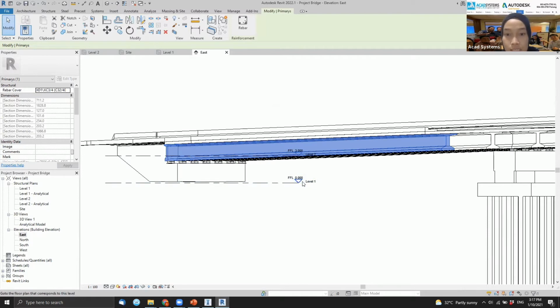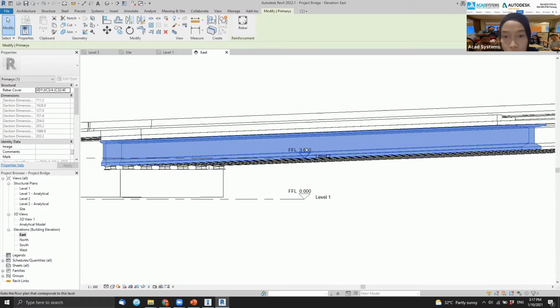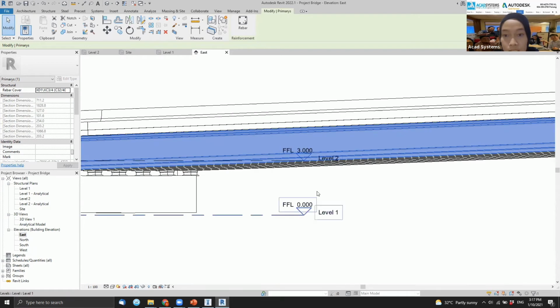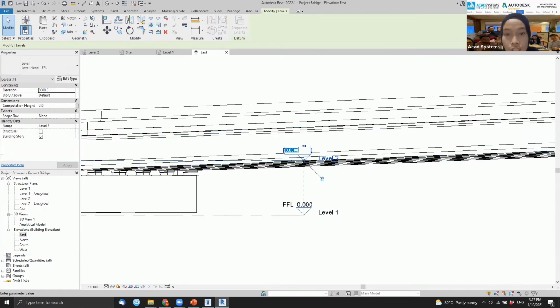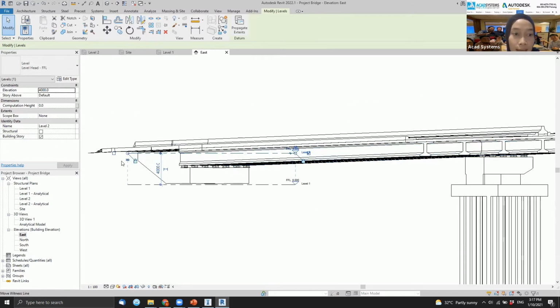For instance, level 1 is on this 0 level, 0 meter here, and level 2 is on the 3 meter from level 1. You can slightly change this one, maybe to 4, click enter, and then when I view